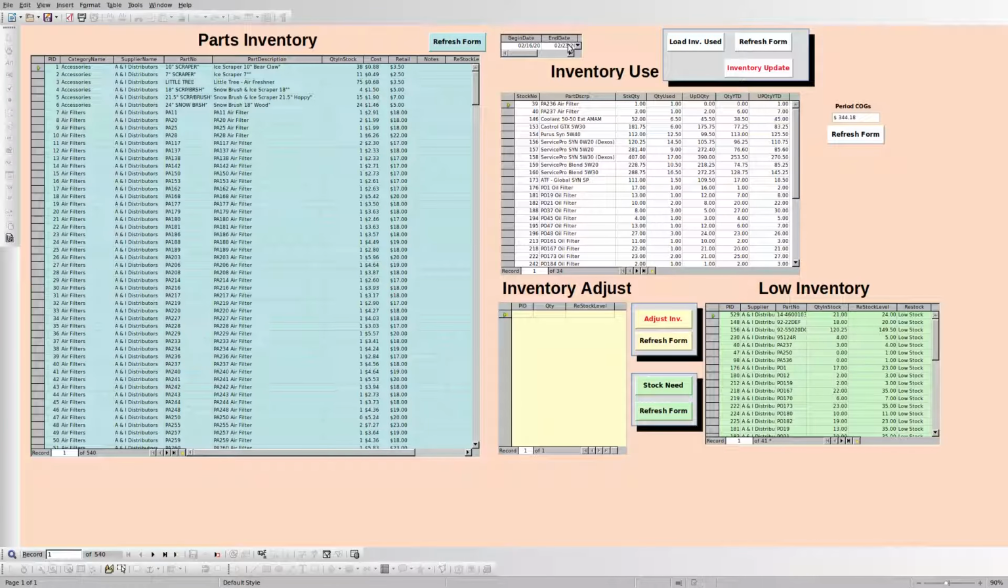Up here we have our date controller, so we have a beginning and ending date, and I can just hit load inventory used and refresh the form, and it would update all the inventory we've used within this period. We have a low inventory system. We just simply hit the stock need, and we can hit the refresh form, and we can see here within this range right here,